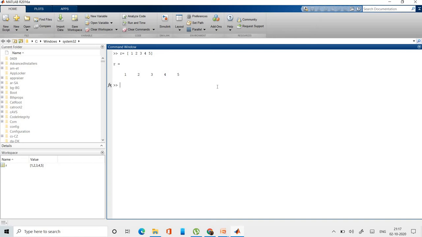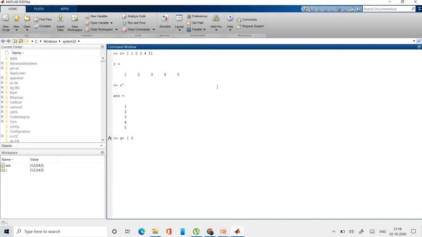If you want to form a column matrix, we can take the transpose of this R by using the command R and an apostrophe. So it has created a column matrix. Otherwise, if I want to create another column matrix with different elements, let's take another variable, G is equal to 2.